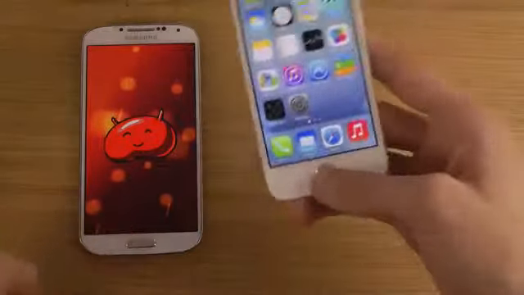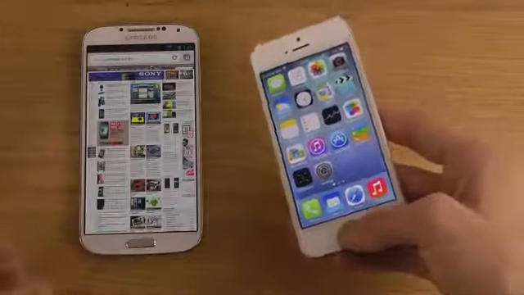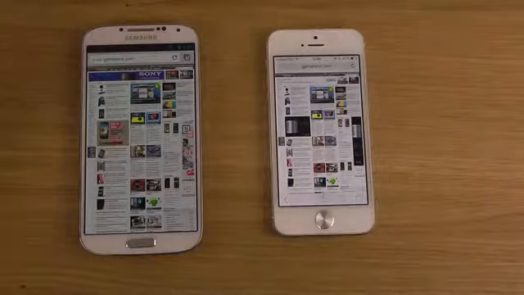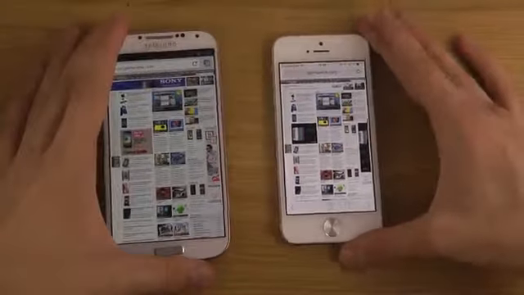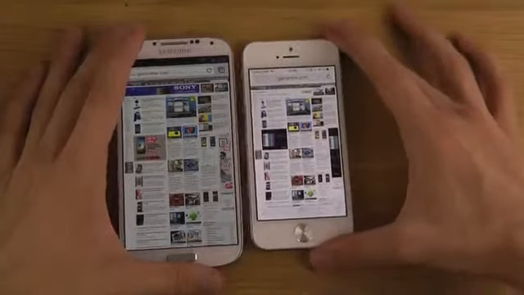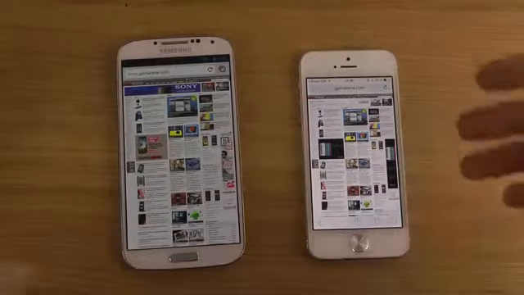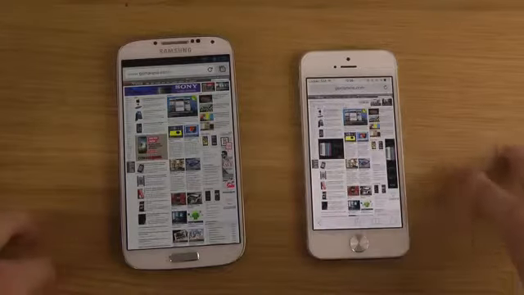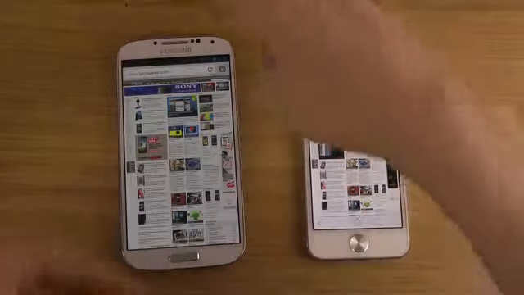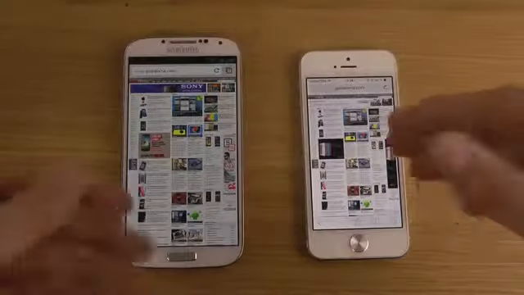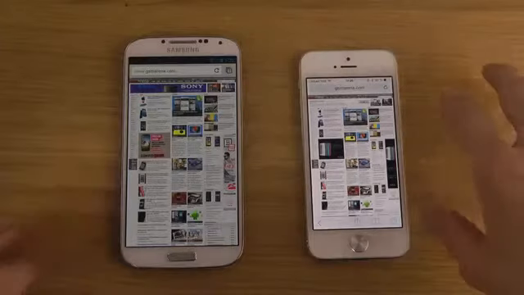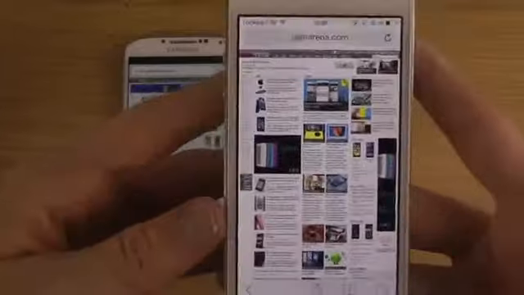But let's take a look at the Safari browser here and the Google Chrome browser that you get on Android. So let's see here, when we pop it up, of course, we get a little bit more screen space here on the Galaxy S4. We are in GSM Arena, and the LCD display here looks a little bit brighter in terms of white color, but in terms of normal colors it probably looks a little bit more vibrant here on the AMOLED screen. You can see both have a very clean UI here, especially with the new iOS 7 beta,